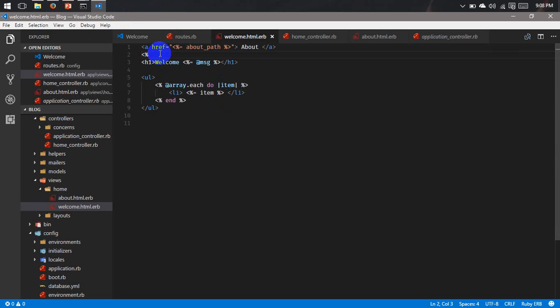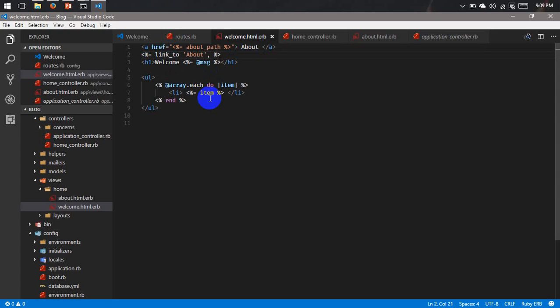method. So type in the Ruby tag equal, which is going to show the output in the page. And here I'm going to use a Ruby method called link_to, and this method is defined in the Rails framework. There is no need for you to define this method. So this is one of the powerful methods. Here you type in link_to, and it takes the first argument as what is to be displayed in the link. Here we have displayed about, right? So I can type in here about